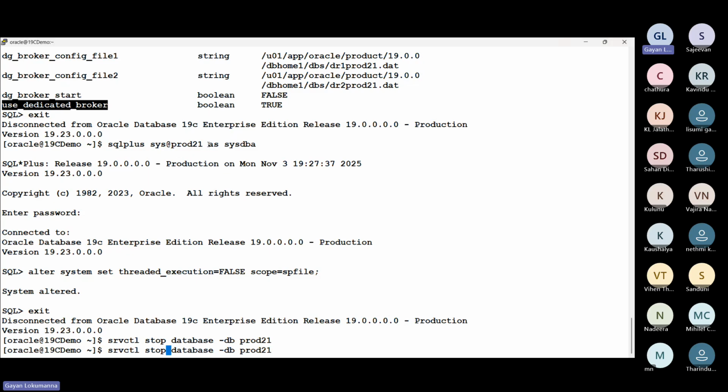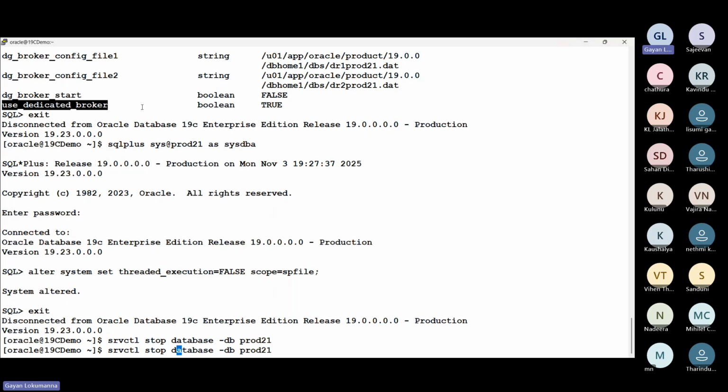So when you are doing this, now when this becomes true, the dedicated broker listener actually creates another server process in order to manage these threaded executions, right? So when a new session is going to be spawned, that dedicated server process is responsible in generating the server processes on behalf of the listener. Right? So that is how it happens. Why we want them, we'll discuss it. Probably not now. It is going to be a little too much for you all. But since these are all related, I'm going to explain it. So just keep in mind,